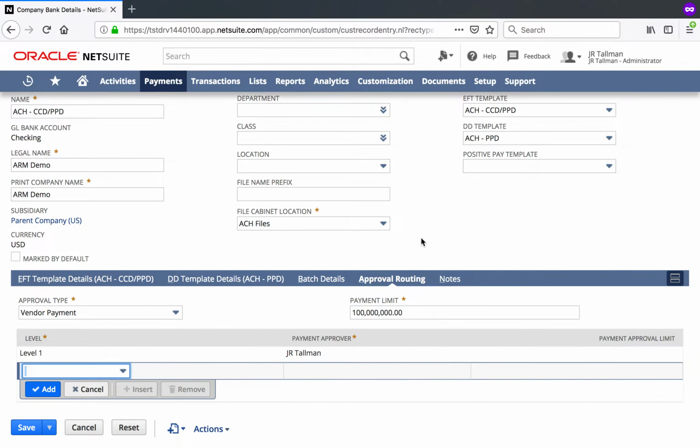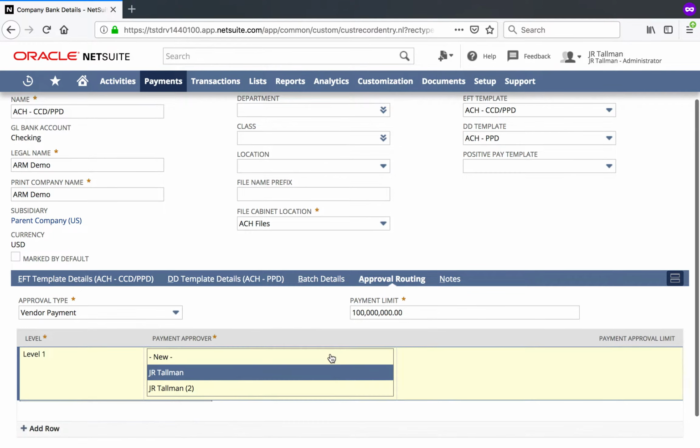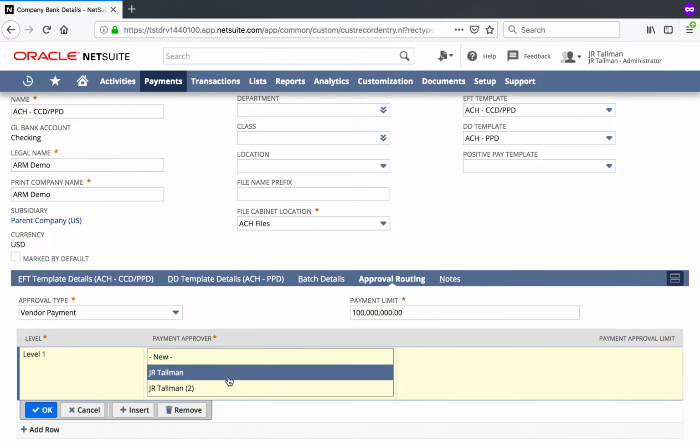Finally, before I save this company bank details, NetSuite's electronic payments module does allow approval routing to specific individuals or an individual. So you can determine what the approval type that you'd like. So in this case, a vendor payment, if it's over, in this case, $100 million, it would go to the next level. So I have level 1, and it would go to myself as the approver, although you could select multiple individuals if you need to have multi-level approvals,